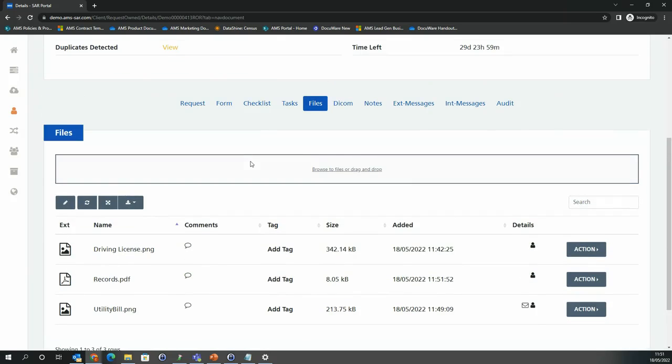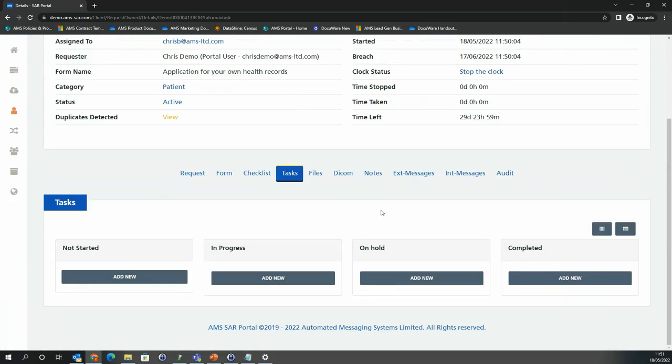Now, this is something that's reasonably new, and it's something that was commissioned by another trust, and something that we're quite excited about, and something that's been very popular with NHS trusts that we've shown so far. And it's almost a task module or to-do list or to-do module. So if I just quickly show you how this works. So if I click,